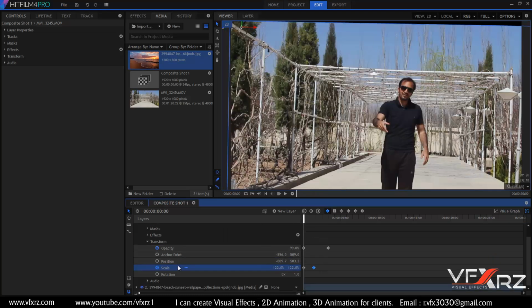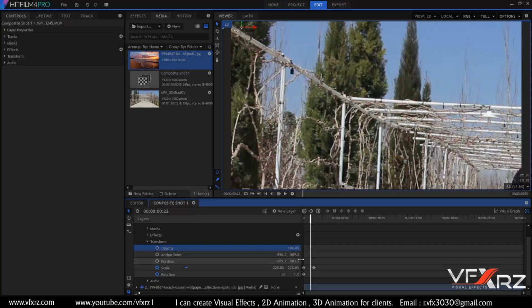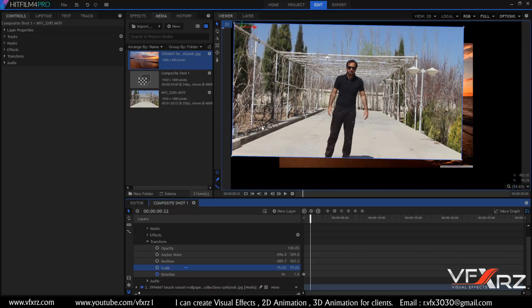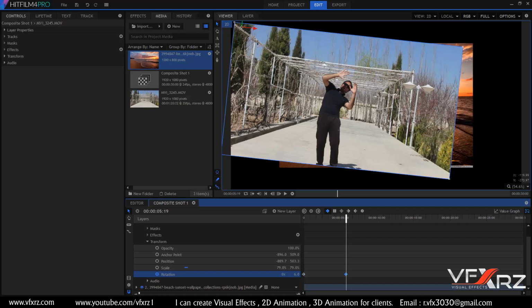Okay, very good. You can animate, for example, this rotation here. Click here. We don't need that opacity, and select here. Now I want to just rotate this footage. Okay, now click this rotation and select this circle. After that, change the indicator, for example, to here. Now